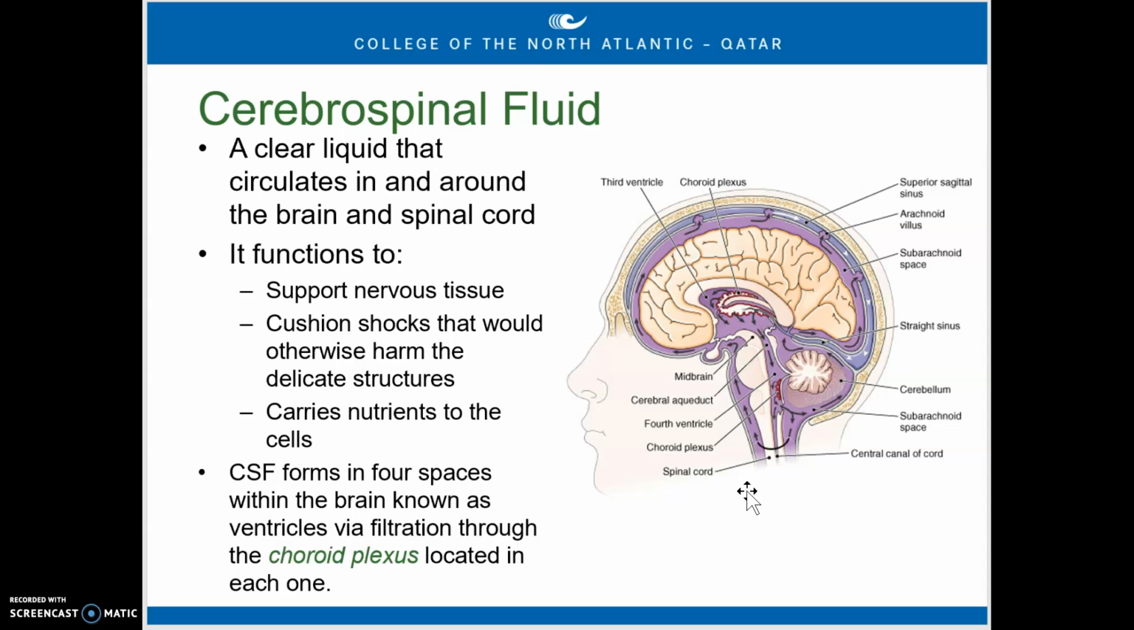Now the cerebrospinal fluid is going to be produced in these spaces that we find inside the brain that we call ventricles. Now the ventricles in the heart are kind of the same, but they're kind of different. In the heart, they are muscular and they contract to push the blood around. In the brain, they serve as empty spaces so that we can have circulation of cerebrospinal fluid,